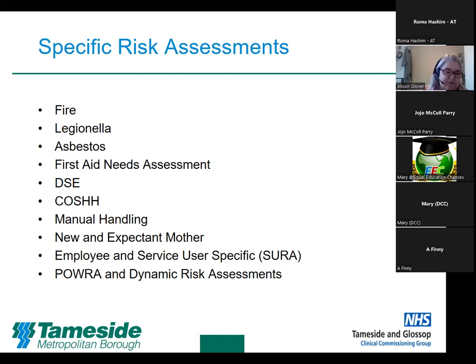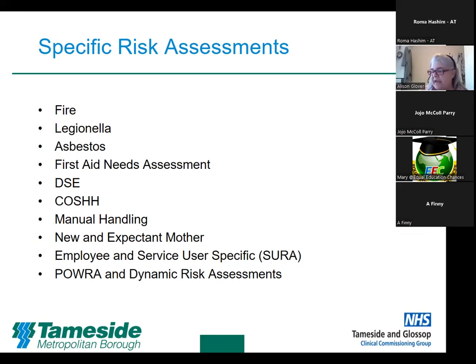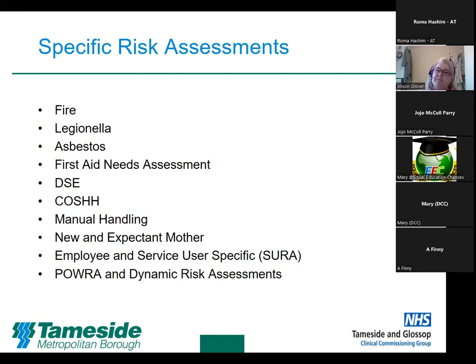With chemicals and substances, you will get a safety data sheet, which gives you all the components of the substance and the risks that are associated with it, and also recommends the PPE that needs to be worn when you're using it. Anything that's got one of the orange warning symbols on needs a COSHH risk assessment. And again, I'll send a template out with this.